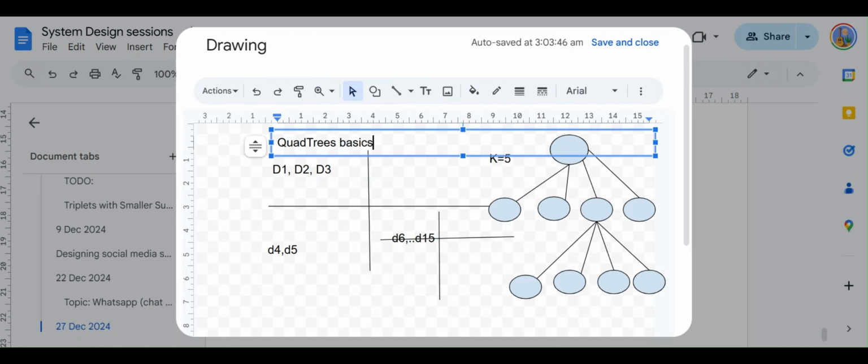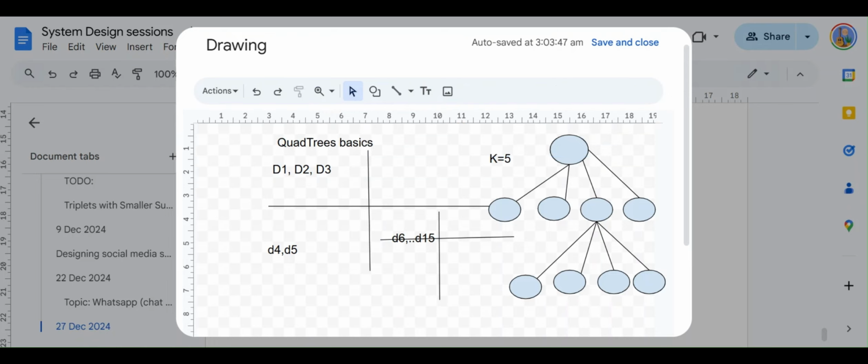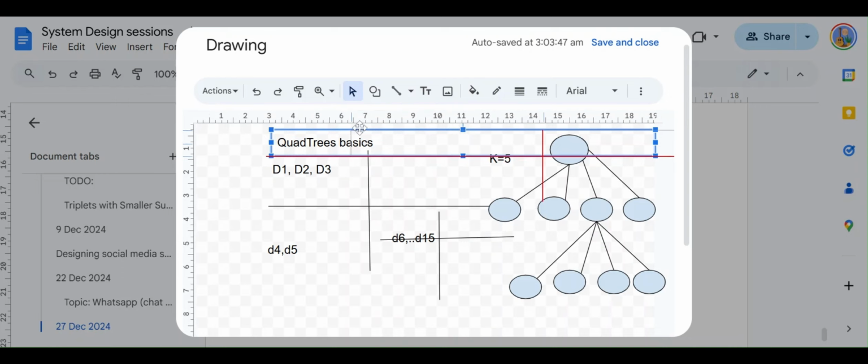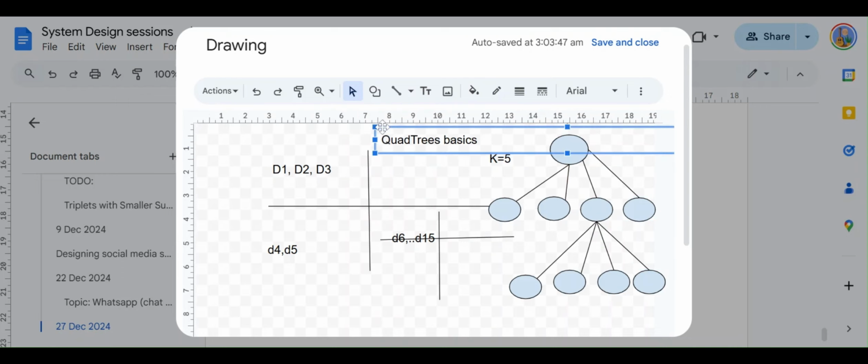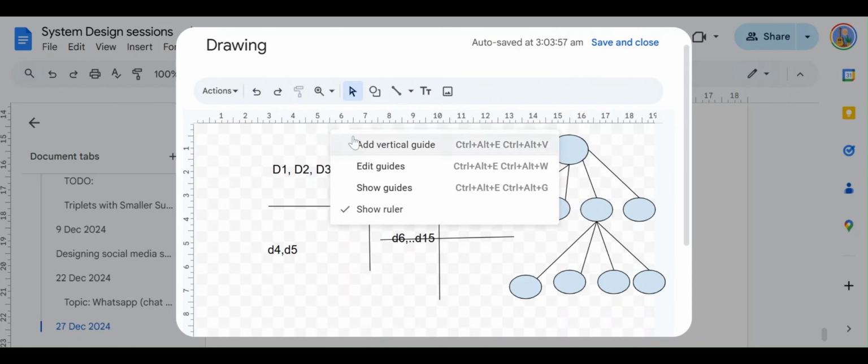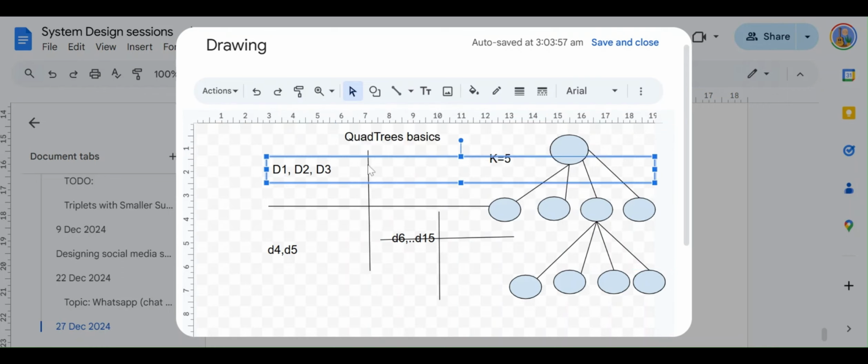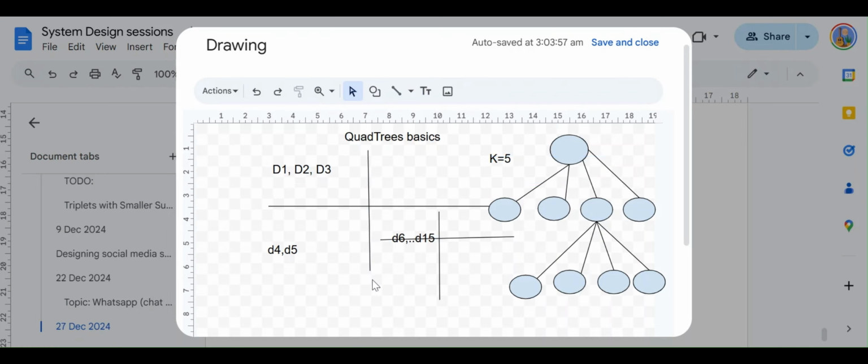Quad trees basics. So these are a couple of trade-offs about quad trees, and why it's not a good candidate. Like what are the issues with the quad trees, right? So even if you do not know the perfect solution, as I have explained a lot of times, if you're able to talk about the problems and challenges with respect to the current design, that's what they are looking for. Do you know what you're talking about? Do you know the challenges? Do you know the pros and cons? Do you know the trade-offs? So here we are discussing the trade-offs with the system.